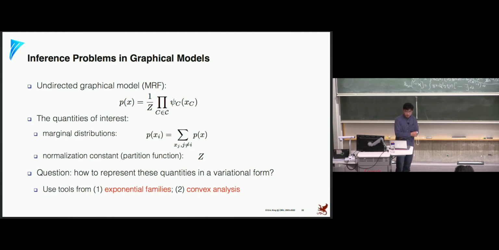So, let's do a little bit of a recap. Let's think about undirected graphical models, because in the inference setting, BNs are basically equivalent to a Markov network once you convert them to a causal graph. So let's consider Markov random fields for now. And the quantity of interest in the inference setting is often the marginal distributions, like on one dimension.